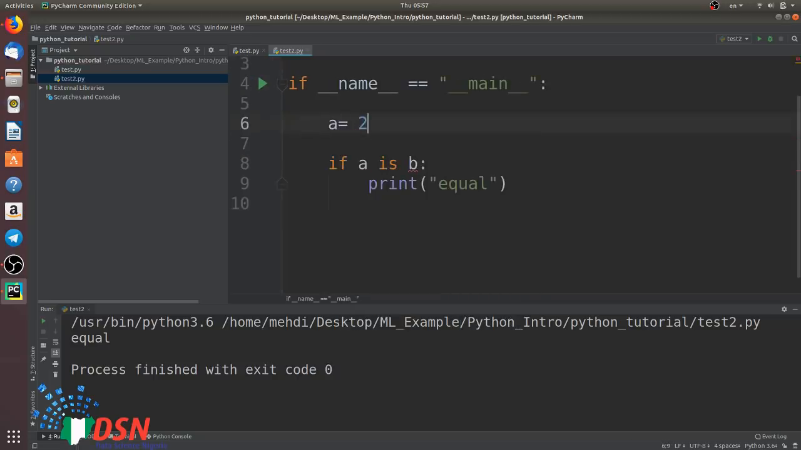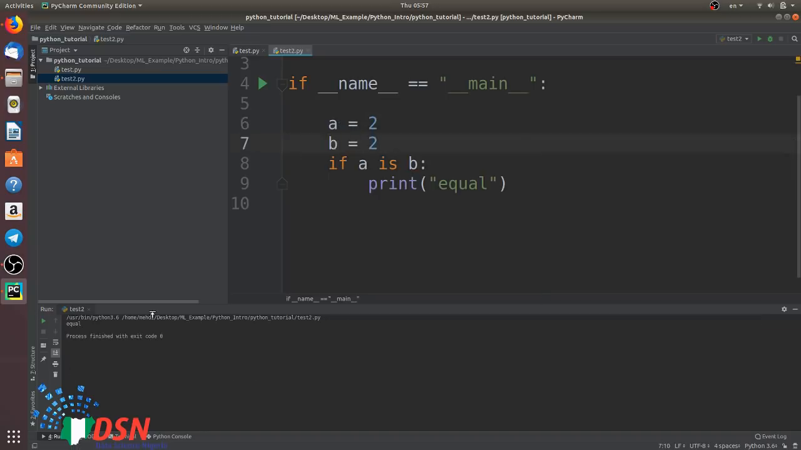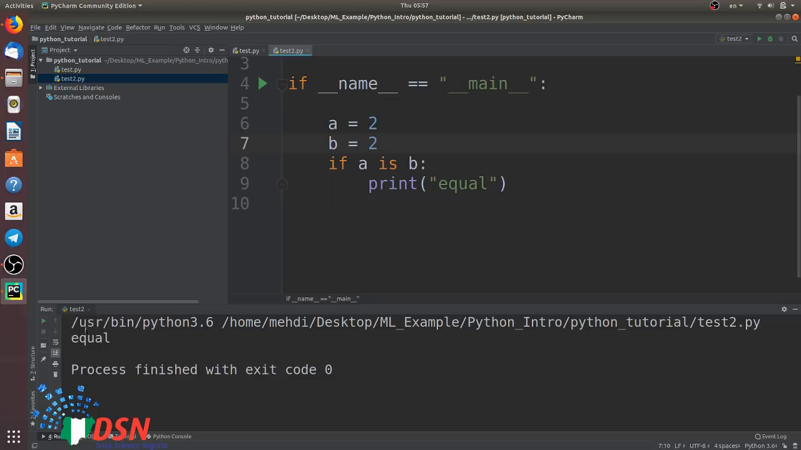If I write a2 b2, then as you could see, for variables they are the same. So in case of variables you could use is or equal, but in case of lists, you should be careful in using is. Okay,